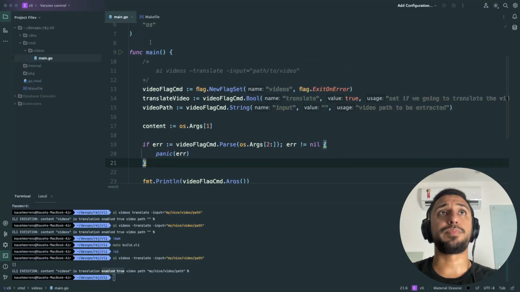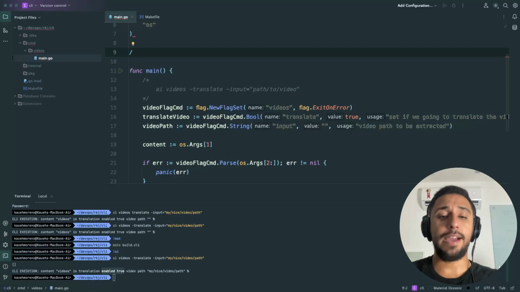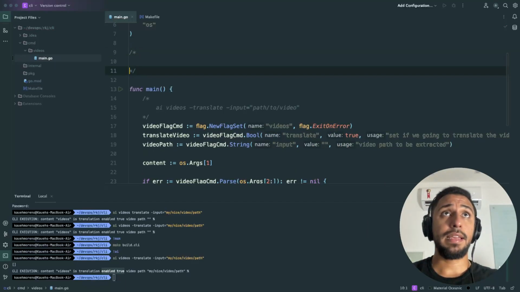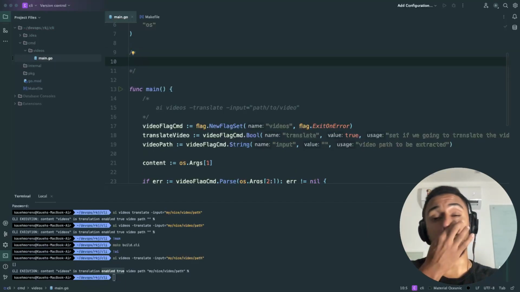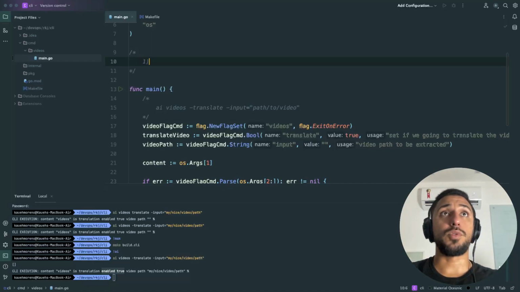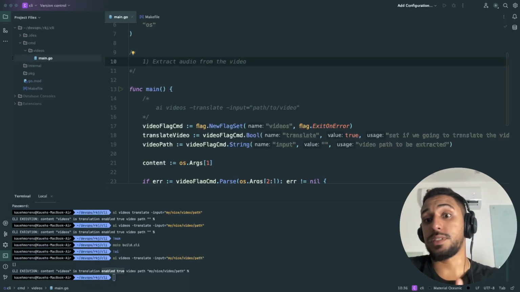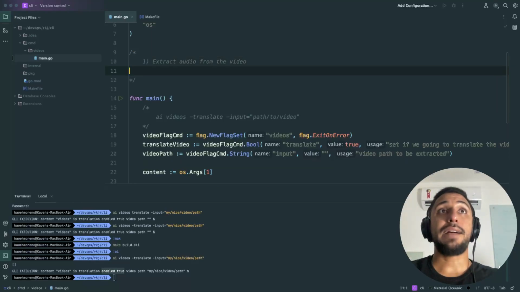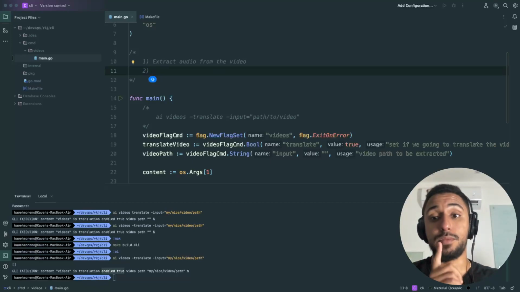I usually like to do these kind of things because it helps me to understand the whole path and make sure that we can follow up and go through every step. So first of all, what we want, right? We want to grab a video, right? So we're gonna have a video and we want to extract. So first we need to extract the audio from the video, right? Because that's the main process that we need to do. After that, we want to make sure that we can, I think, if I'm not wrong,